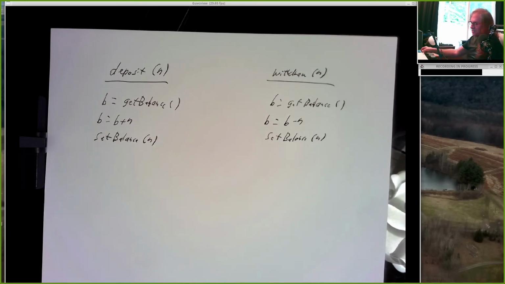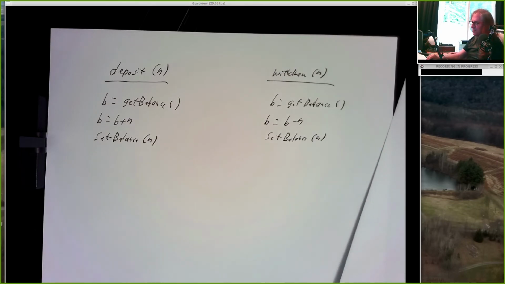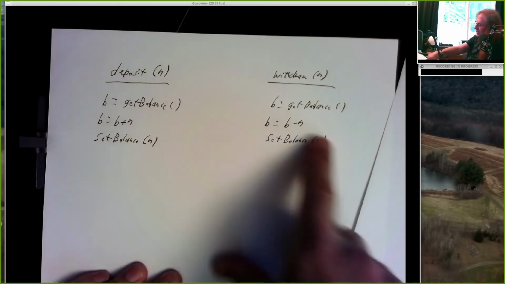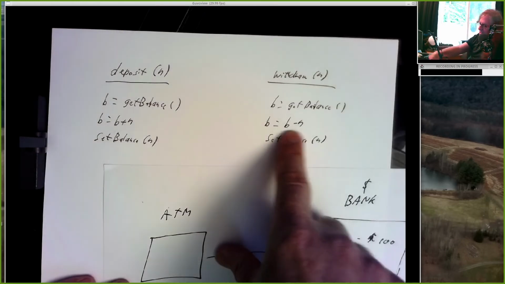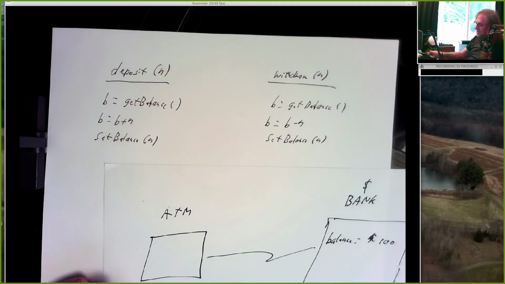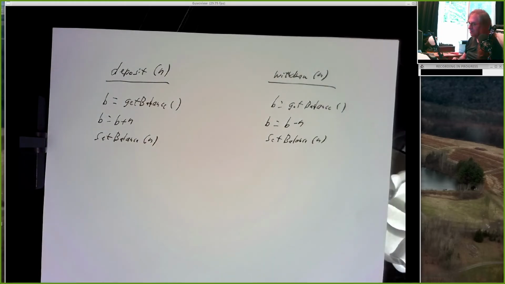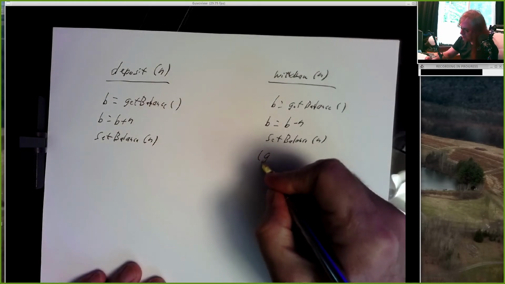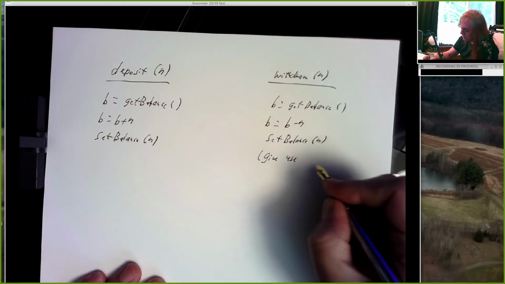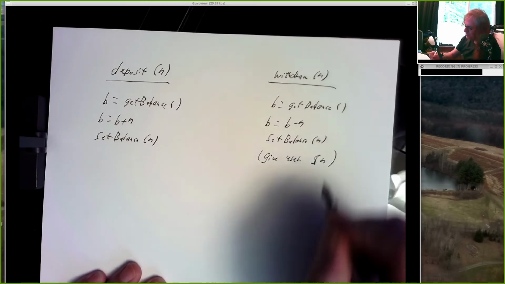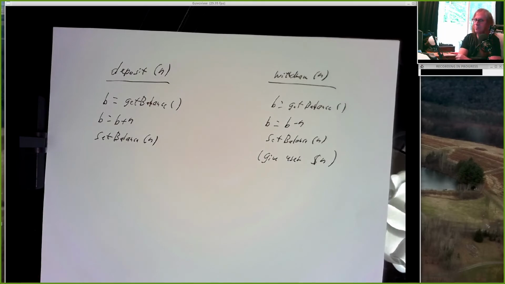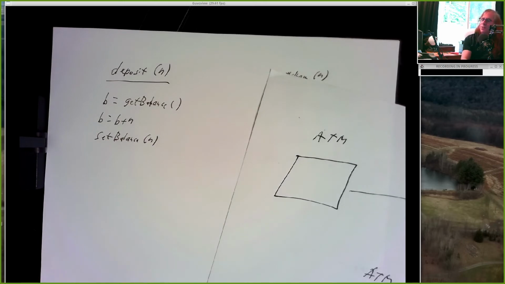Someone comes up to an ATM, they want to withdraw $10. Code runs in there, it reads the current balance, subtracts 10 from it, and then sets the balance according to that. And, you know, give the user their N dollars. And the deposit, you know, take the money from the user and then adjust the balance accordingly. All right, so this is pretty straightforward. But